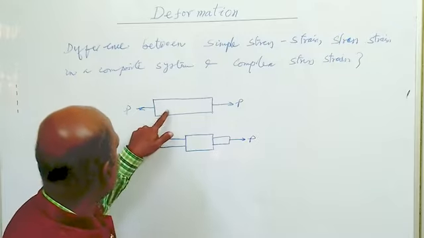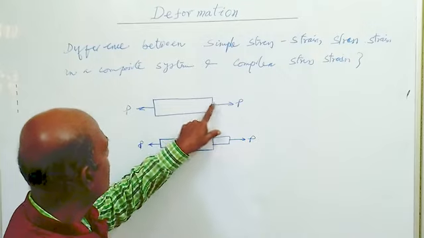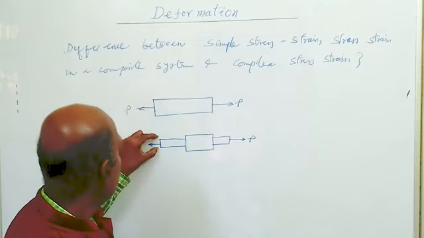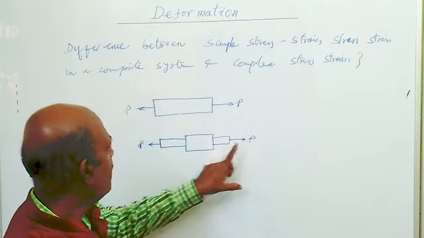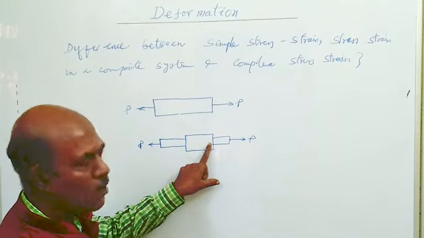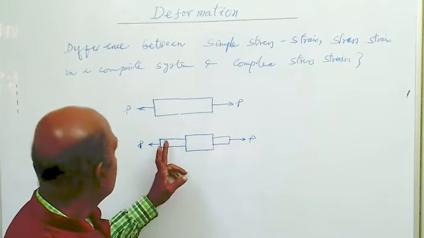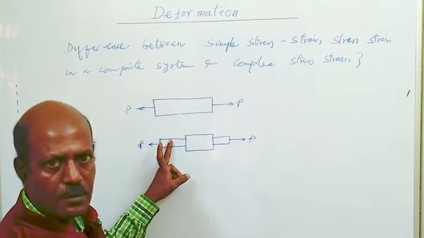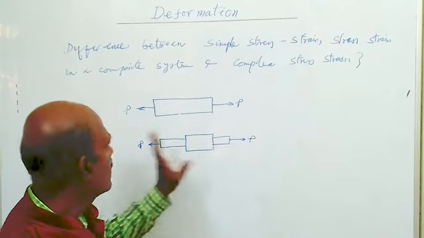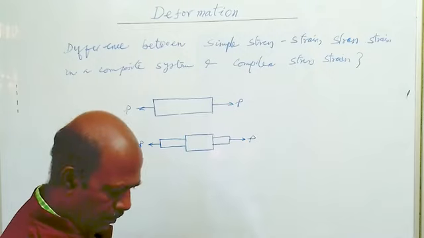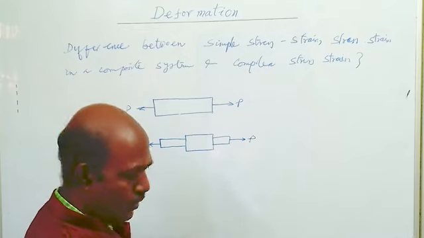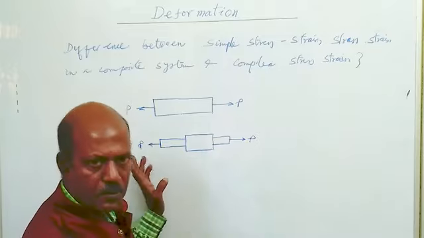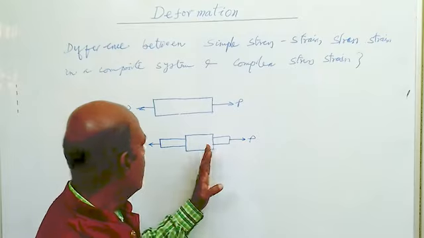Now in the first case the load throughout the bar is the same, as well as the cross section of the bar. Similarly here also the load is the same for all the sections. The cross-sectional area and length of the bar are different, but still the stress developed in this bar comes under simple stress strain. This type of body is generally made of the same material, so it is a same material bar.